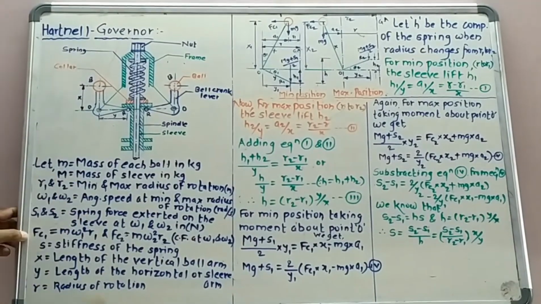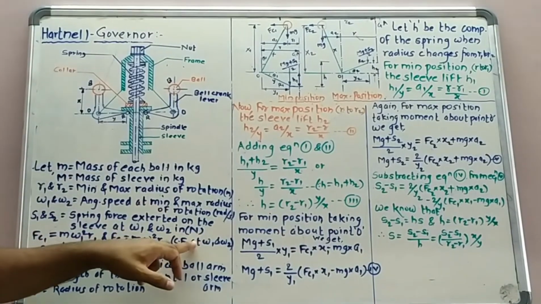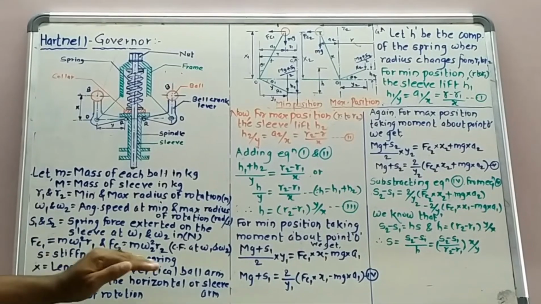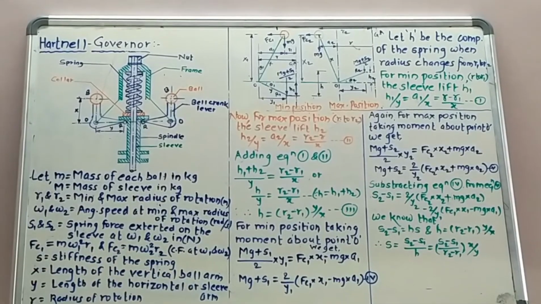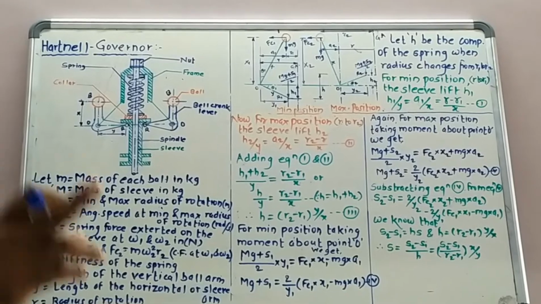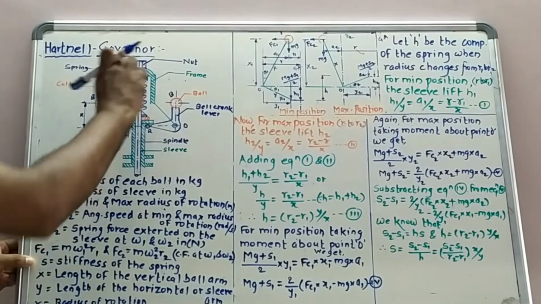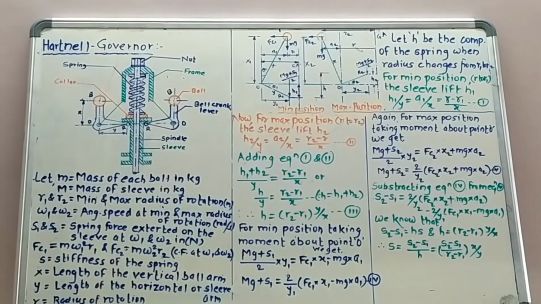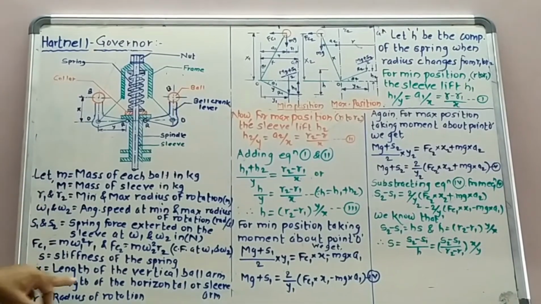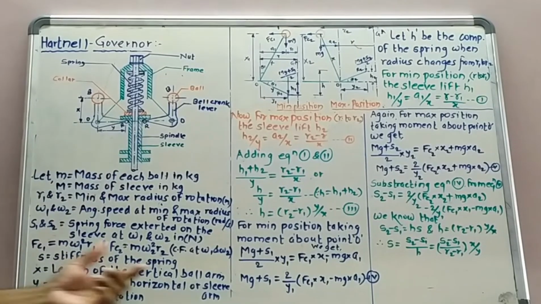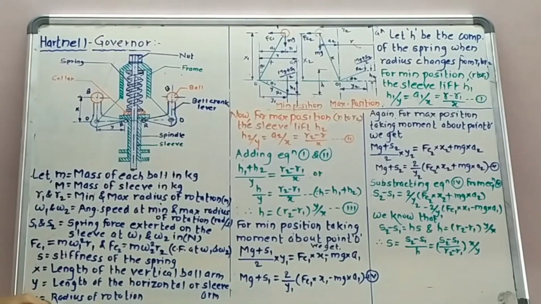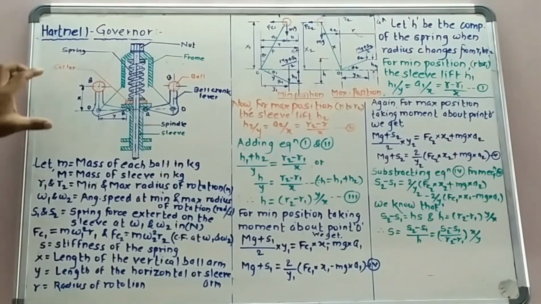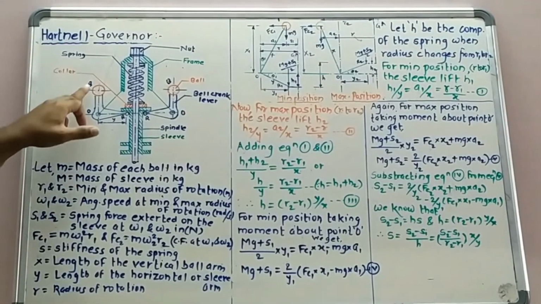FC1 and FC2 are the centrifugal forces at omega 1 and omega 2. s is the stiffness of the spring, or the force required to displace the spring by 1 mm. x is the length of the vertical arm. y is the length of the horizontal sleeve arm. r is the radius of rotation. Now, for the further analysis, consider the